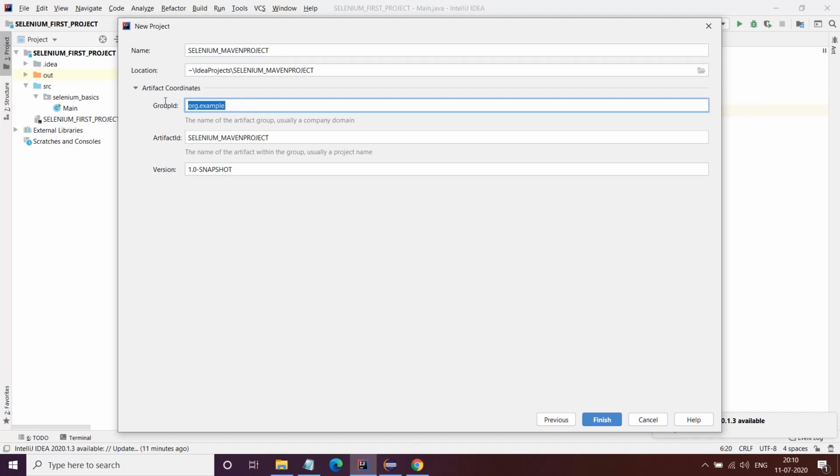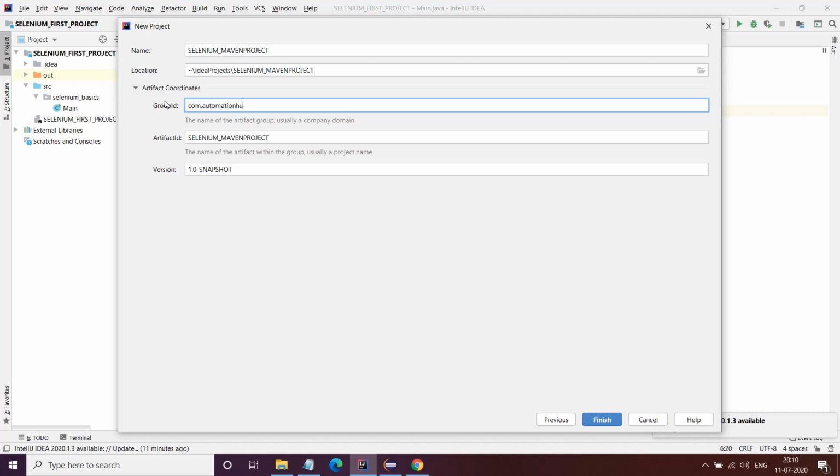And this is how it is represented in a default pattern in our industry: you write com dot project name or company name and dot the activity. This is how it is written, project name, or you can write your company name dot the activity which you're doing. Okay, so I will write com dot